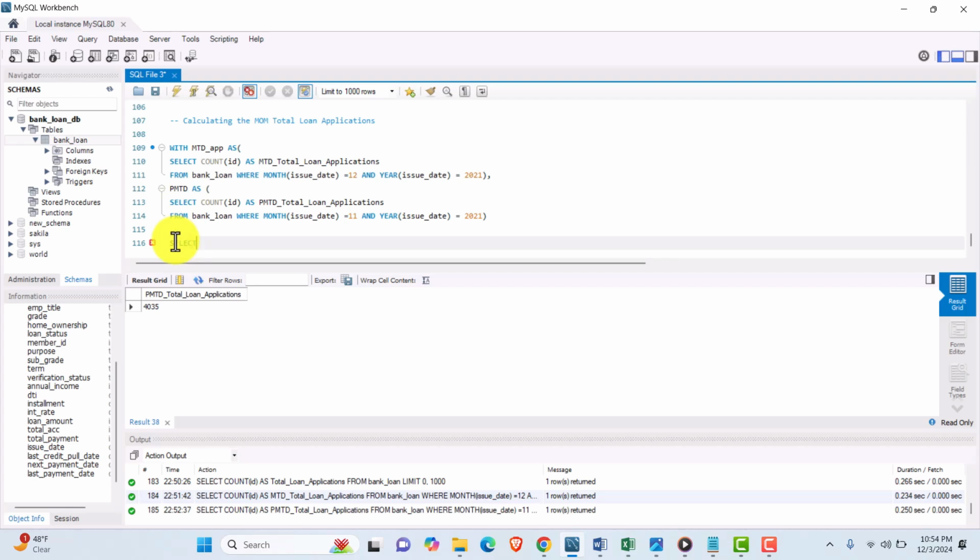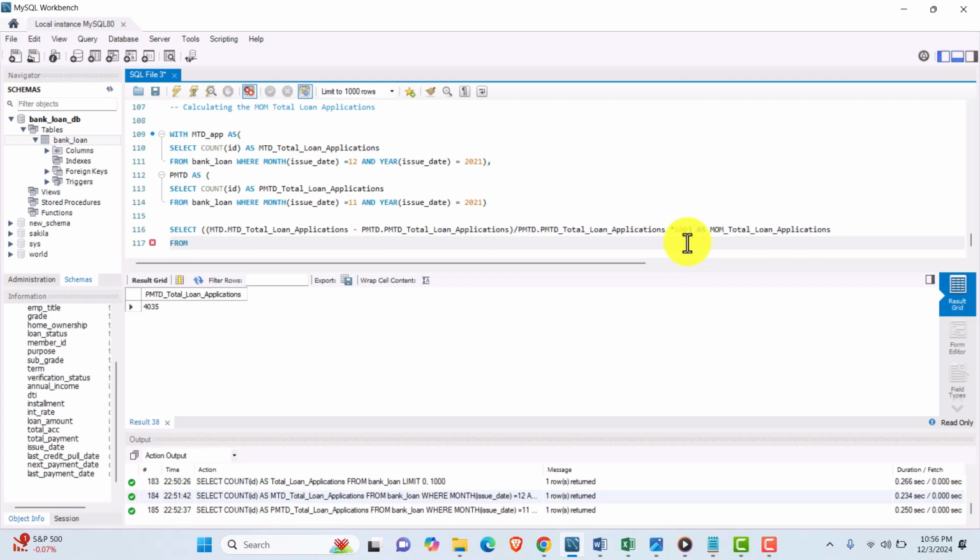So how do we do this? Select mtd dot mtd total loan applications minus pmtd dot pmtd total loan applications, and then we divide it by the pmtd dot pmtd total loan applications, and we also have to multiply it by 100 to convert it into percentage. Then I will write it as month over month total loan applications from mtd app as mtd